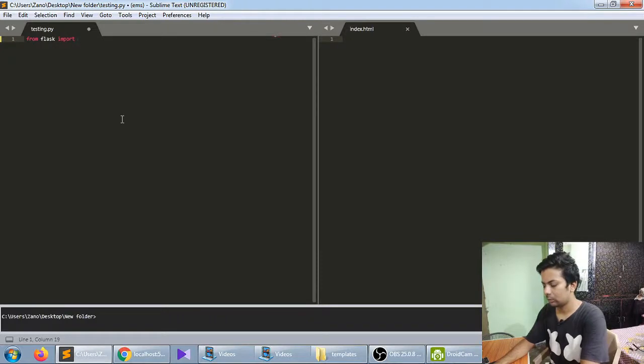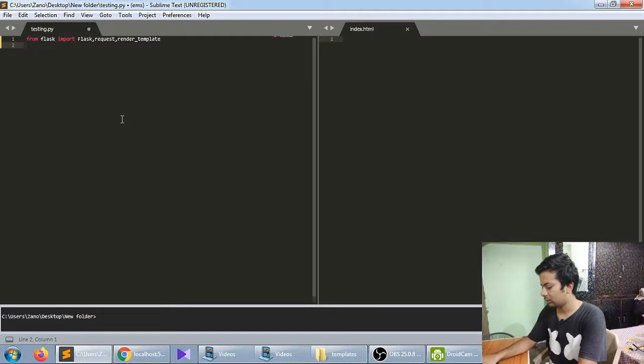From Flask import Flask. We need request also, and I think we need render_template for rendering the index.html page. Okay, I think that's enough.